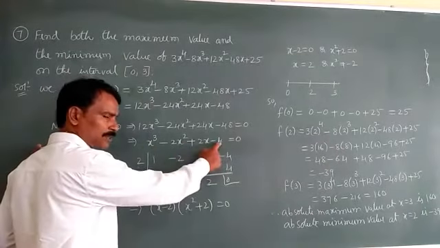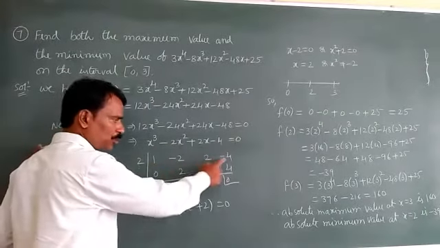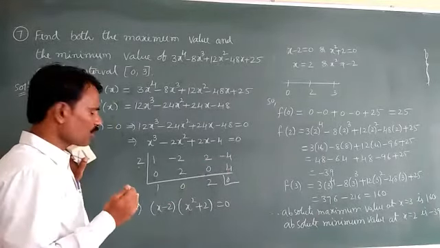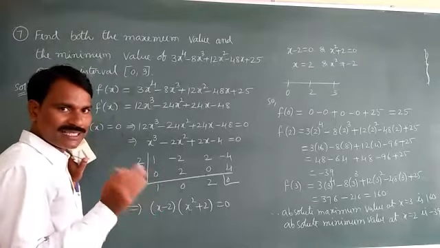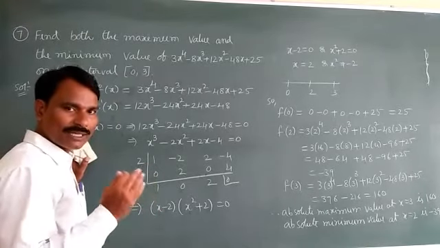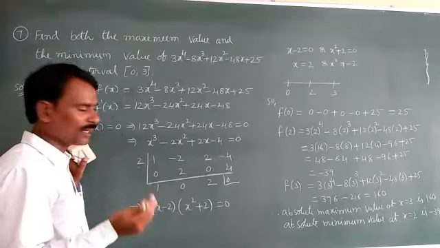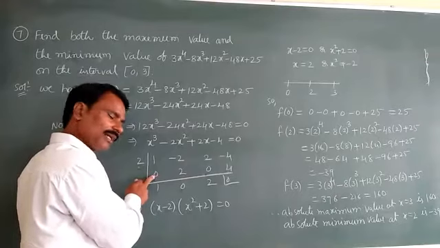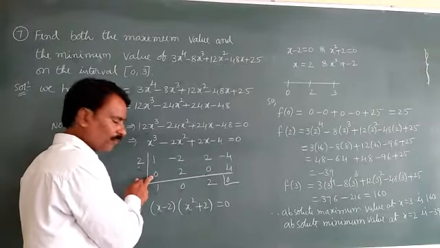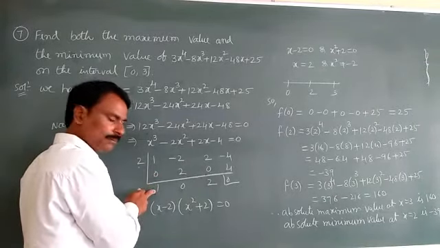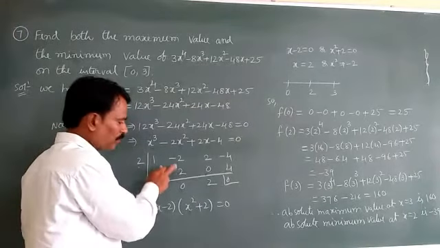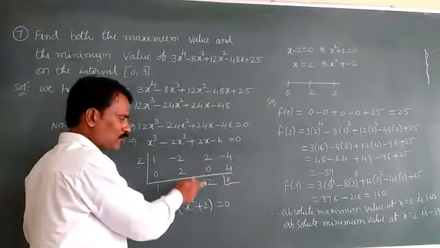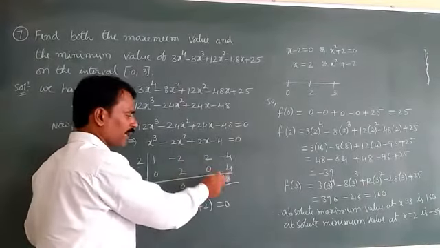I repeat the synthetic division, guys. Take the coefficients of these terms: 1, minus 2, 2, minus 4. And you have to check which is the factor, by using the trial and error method. Check plus 1, minus 1, plus 2, minus 2. I am taking plus 2. Put 0 here first. Add these two numbers, we get 1. 2 ones are 2. By adding these two numbers, 0 will come. 0 into 2 is 0. By adding these two numbers, 2 will come. 2 twos are 4, and adding gives 0.